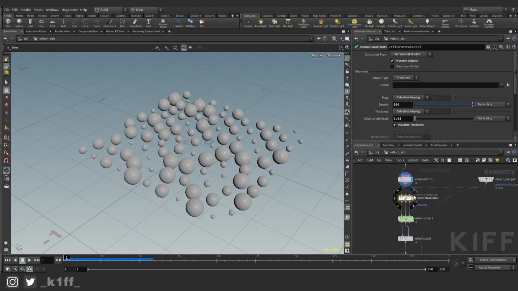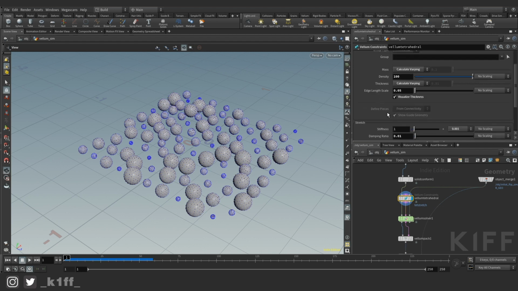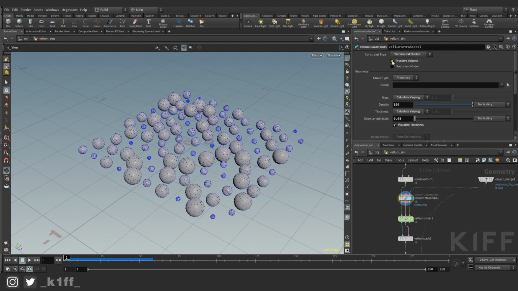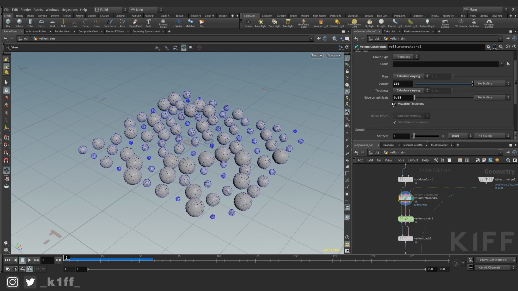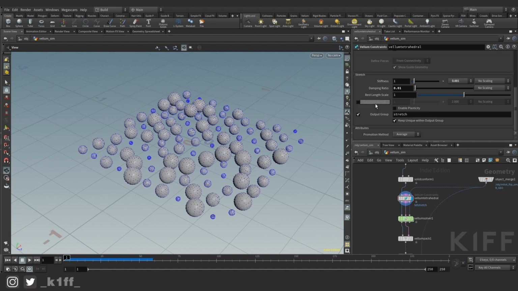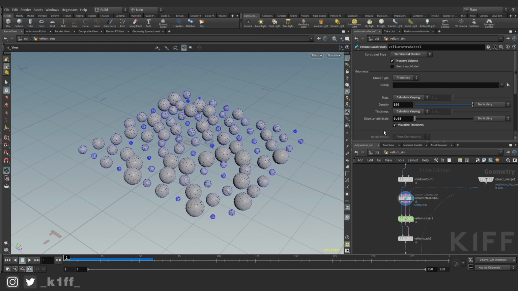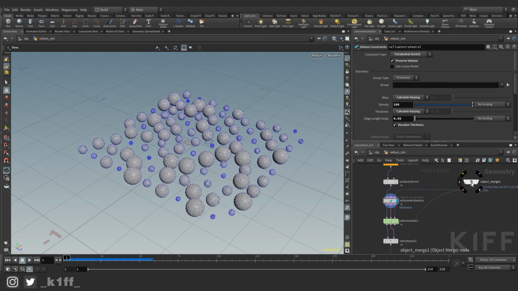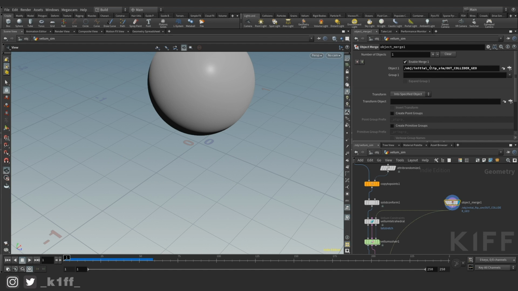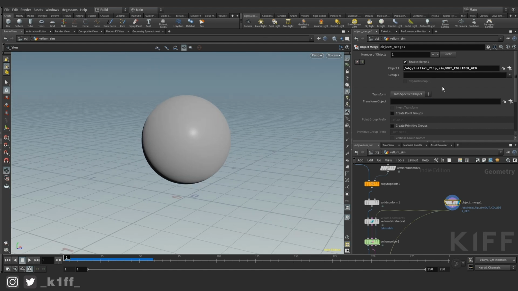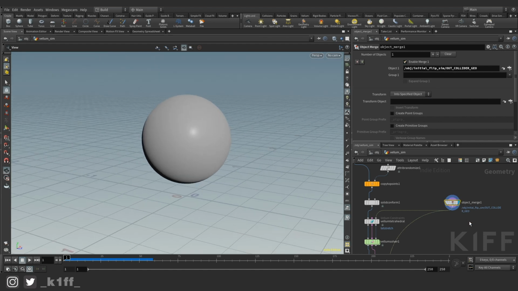It gets dropped down and it creates these constraints for us. Preserve volume, I think I ticked that, and that's all fine. And I changed the edge length to 0.05, density to 100, stretch damping ratio to 0.01. And then I object merged the out collider geo from the initial setup into here,